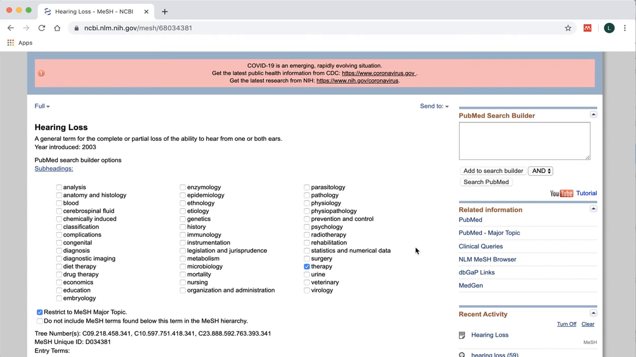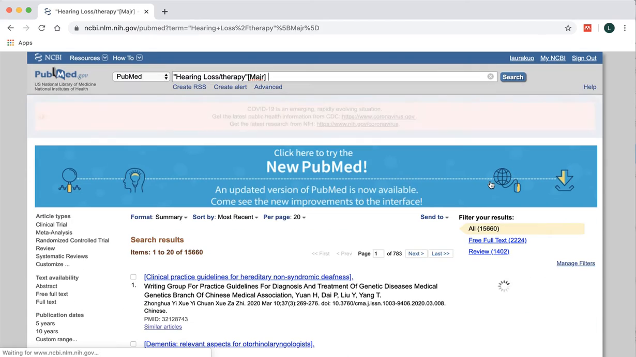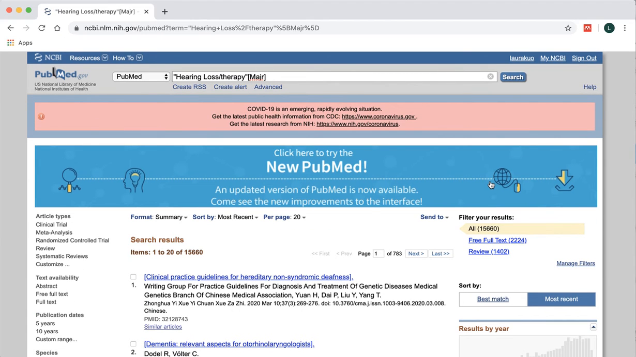So I selected that one subheading, and now I'm going to add it to my search builder, and you can see that therapy is now a subheading, and it's saying major because I did select it to be major. And click search, and we're going to get a certain number of results. I can, again, just to show you, play with this. If I wanted more, I can just change MeSH to major, but that would be a broader search where hearing loss isn't necessarily a main focus. But anyway, when I do hearing loss / therapy major focus,